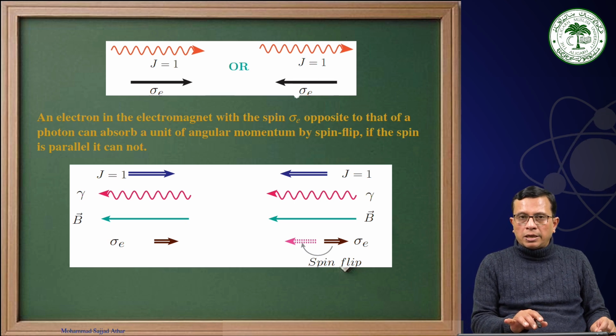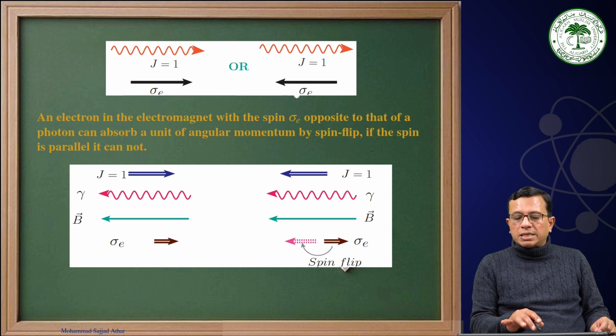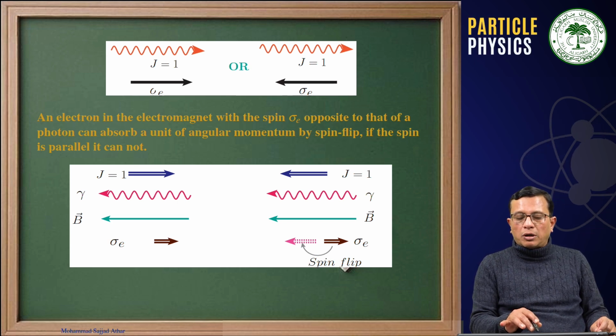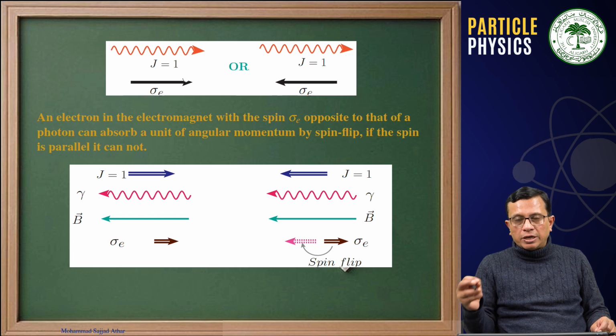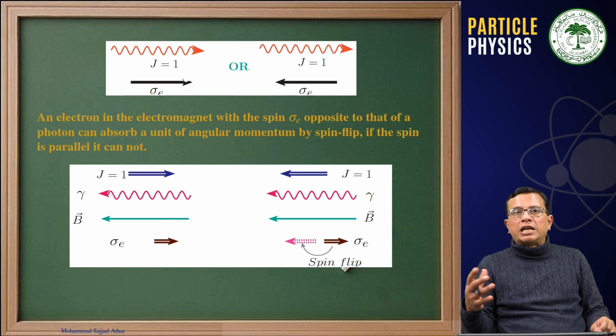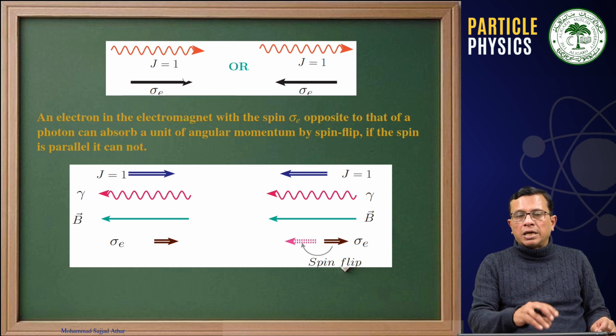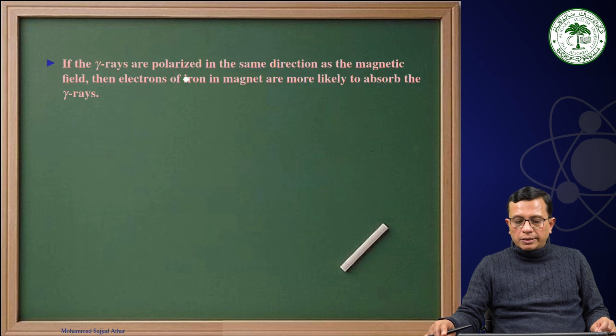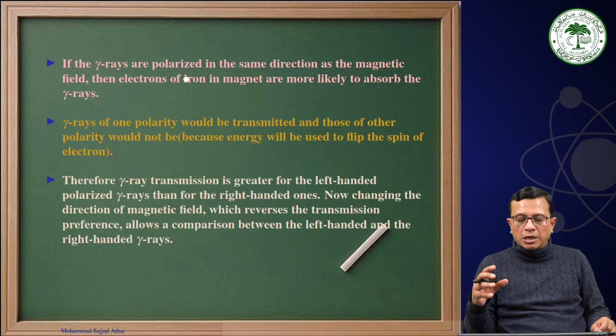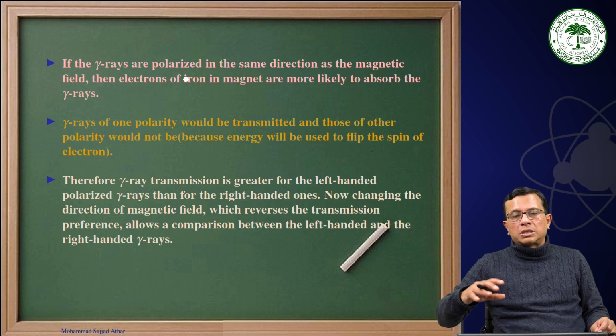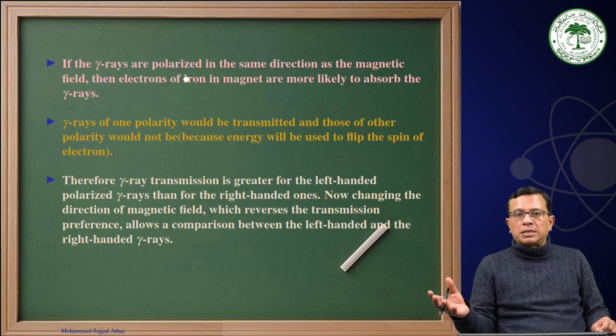This one is getting emitted, and now the electron's spin is in this direction. Therefore, it will absorb this photon and flip its spin, while here, when you reverse the magnetic field, it will be in the same direction and therefore it won't absorb those photons. In one case you will get photons from this. In another case, when you reverse the magnetic field, you will have an equal number of photons coming from the case where photons are being absorbed by the